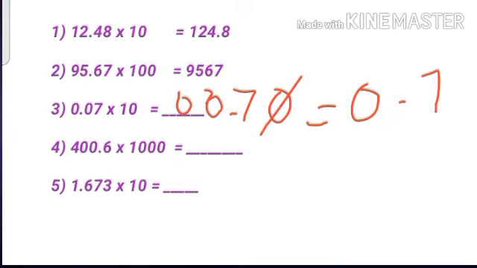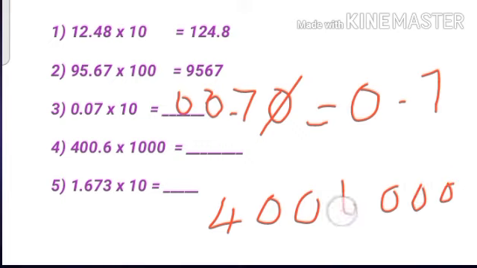Then we can go to the next one. When you are coming to the next one, we can write 400.6. Again we have to add 3 zeros, isn't it? So how many places are there? How many decimal parts are there? Only one. So you can keep the decimal point after one digit. So this is the answer for this, 4,600,000. Do you understand, children? You can try to complete the answer for the fifth one.